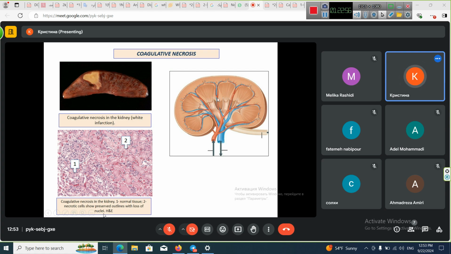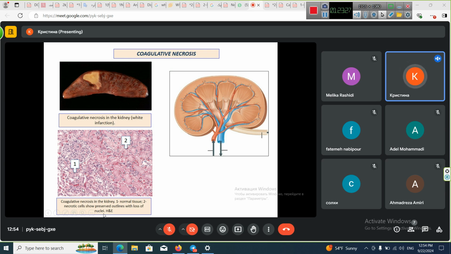oxygen and nutrients. And this area will be triangular in shape, and this is what we actually see in this anatomical preparation. So something happened in this area here to the artery, and no blood came into this area. This is what we see on histological preparation